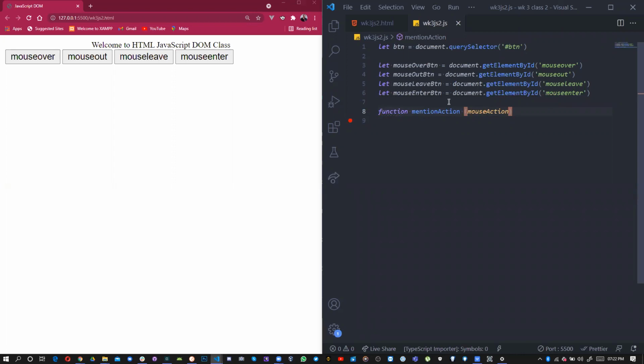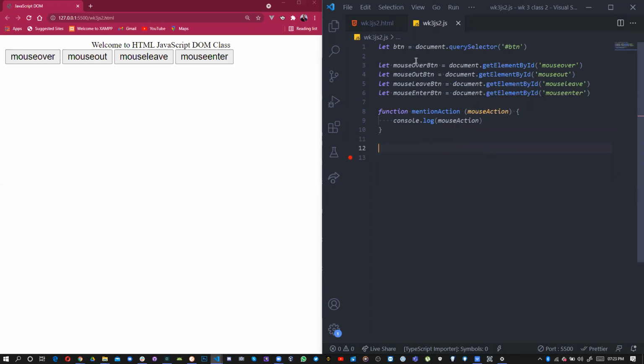Yeah, mouse action. So this function, what it's going to do is very simple. It will console.log mouse action. Now I want to attach an event listener to 1, 2, 3, 4, so that once that happens, I want to immediately console.log the particular action that is being